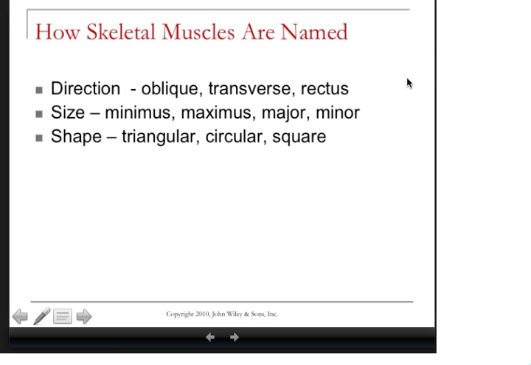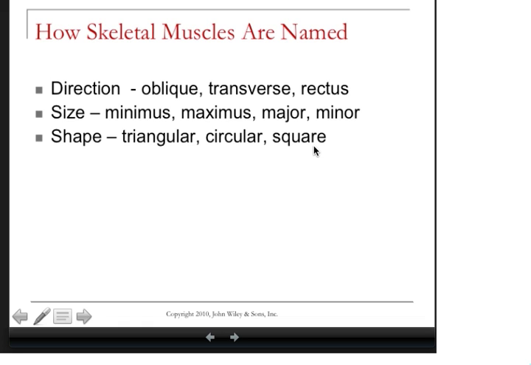You can also class them by shape. They can be triangular, circular, or square. And so we group these muscles accordingly. An example of a circular muscle: orbicularis oris, orbicularis oculi, a couple of circular muscles. A square muscle, the quadriceps,